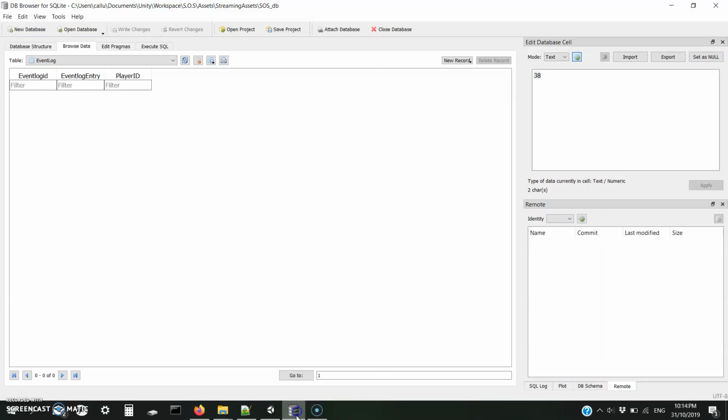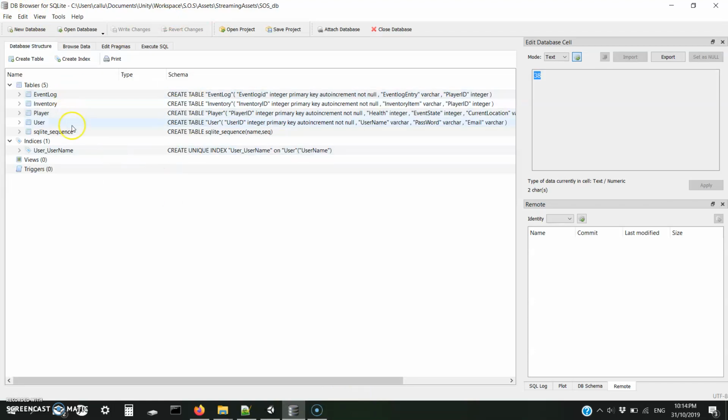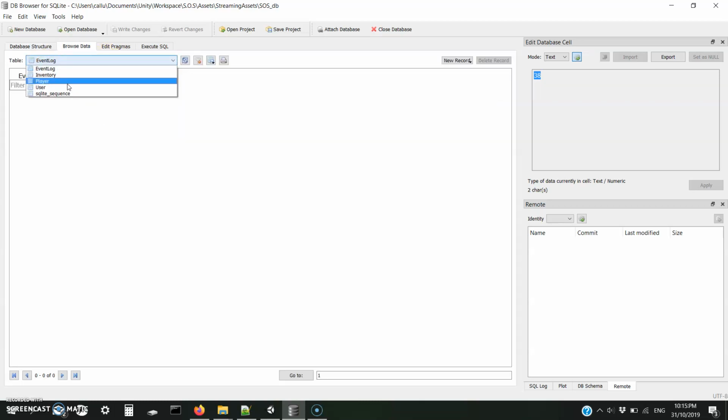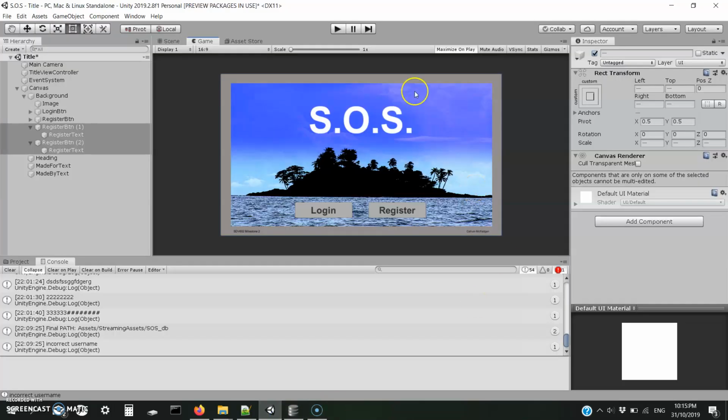SQLite database. Here's our database here in database browser, so you can see we've got our various tables here: user, player, inventory, and event log. And as you can see, everything is currently empty. There's nothing in there. So we're just going to start up our game and we'll start demonstrating some of the